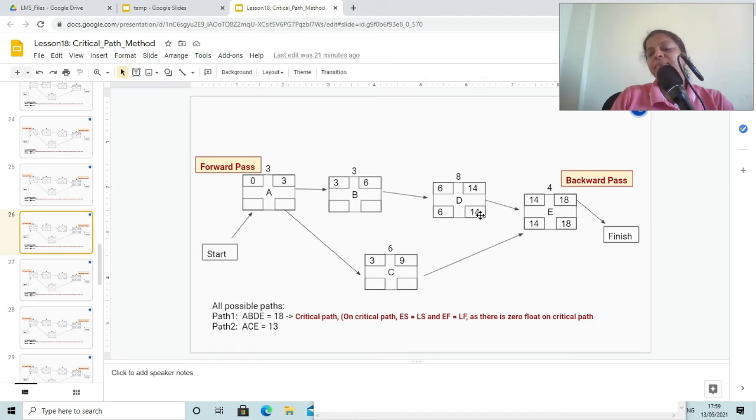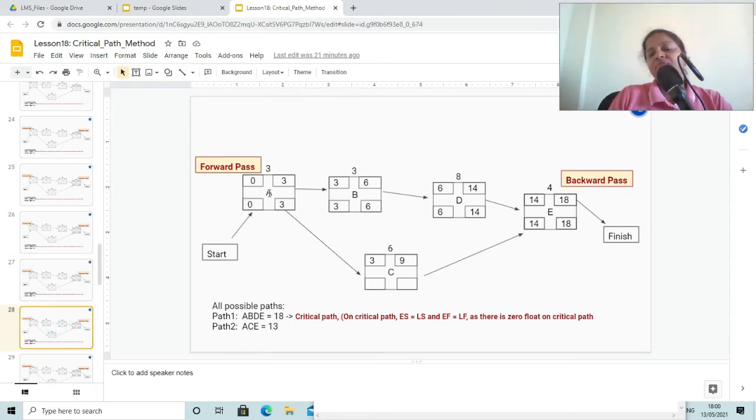Now 14 minus 8 is 6, and this 6 we have forwarded it in activity B. So here 6 minus the duration of task is 3. So 6 minus 3 is 3.